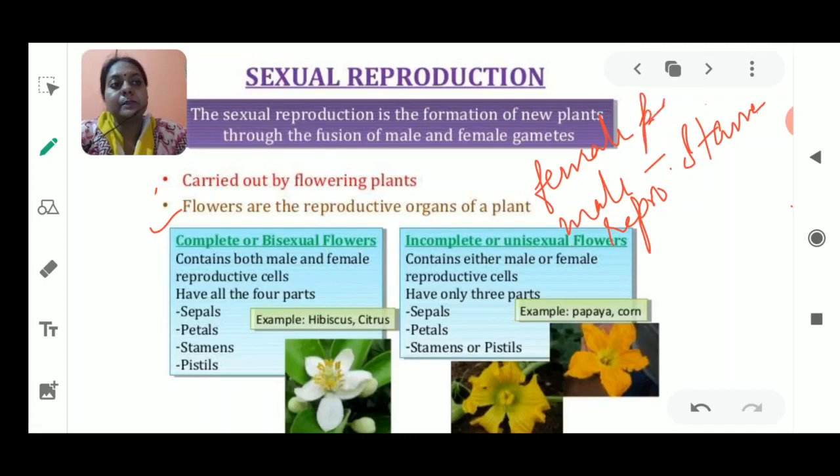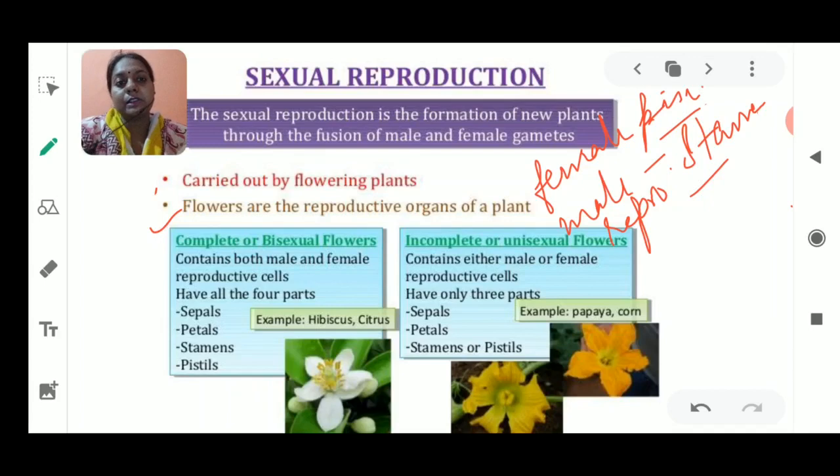Okay, this was pistil. So I'm just telling you the names directly, and I'm not discussing this. Why? Because in the lower classes you might have studied about the structure of flower. So the structure of flower consists of two parts. Okay, I'll just show you a slide where I'll draw and tell you the types of the reproductive parts which are present. Now I'll inform you after this.